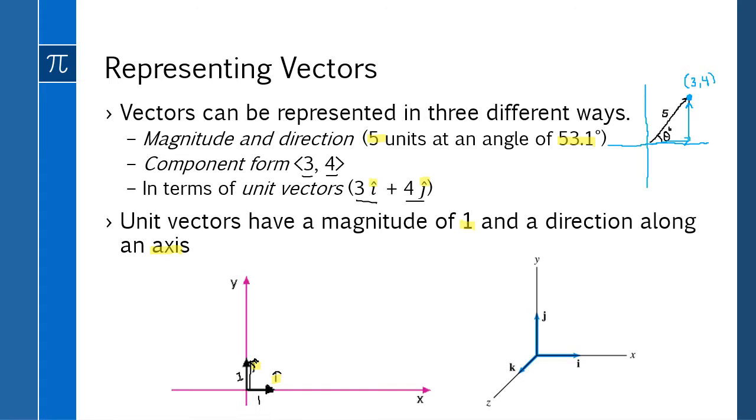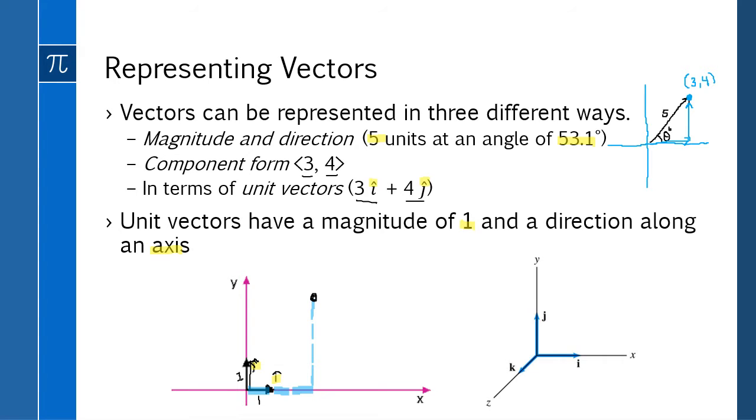So if I is 1 unit along the x-axis, and we do 3 of those, and then J is 1 unit along the y-axis, and we do 4 of those, 1, 2, 3, 4,